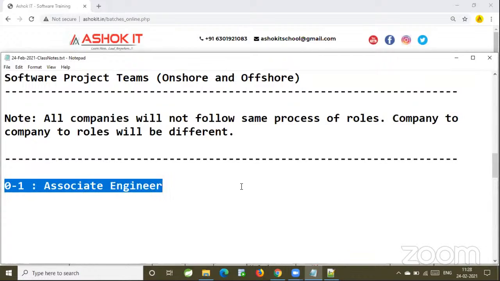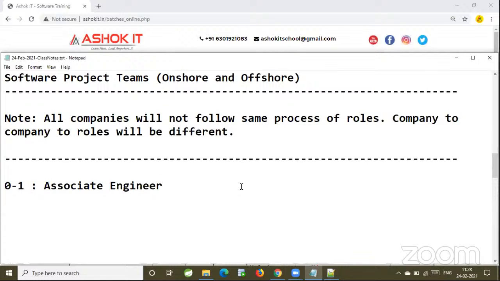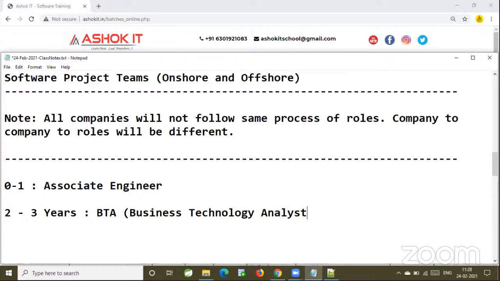When you join the company with 0 to 1 year of experience, they will treat you as an associate engineer. Now, if you have 2 to 3 years of experience, they will consider you as a BTA, business technology analyst.